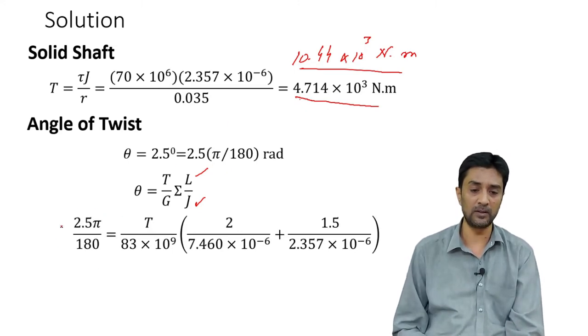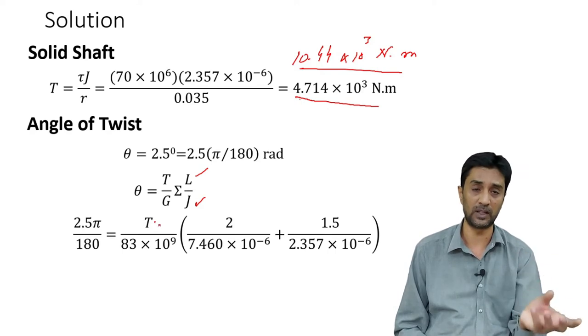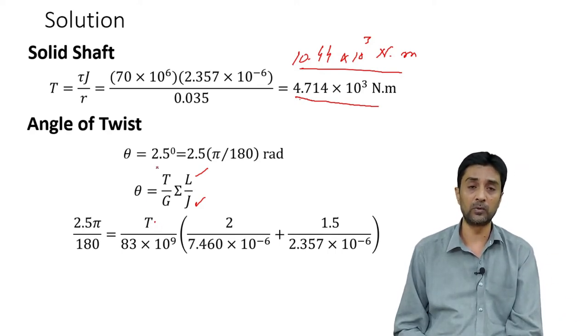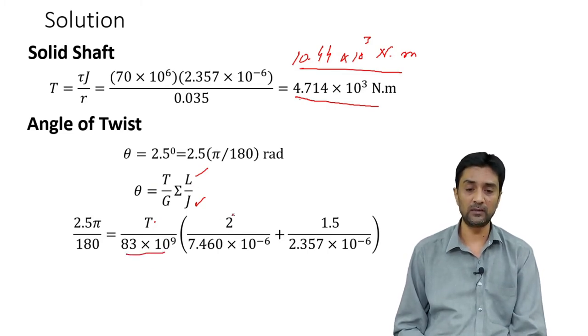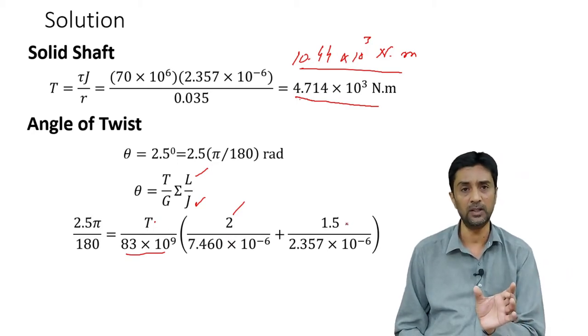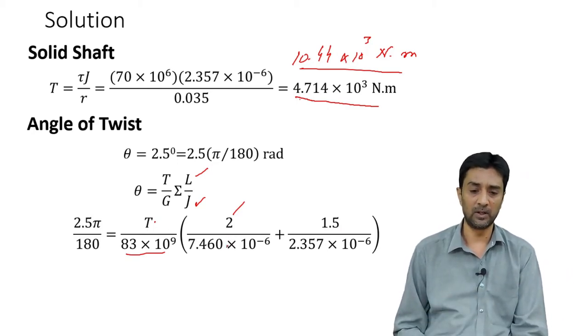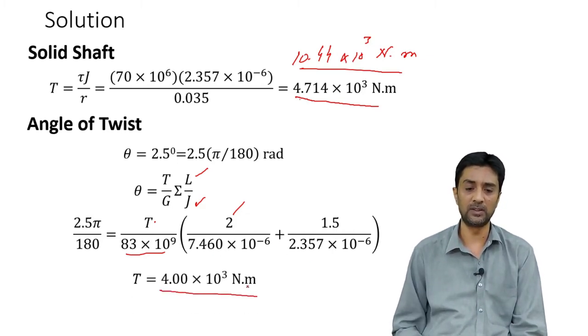So this is the angle of twist, and this is the torque that we don't know right now, because angle of twist के लिए that's what we are trying to calculate कि what amount of torque we can apply to limit the angle of twist to be 2.5 degree on a length of 3.5 meter, and G was already given to us. So length 2 meter I think for the hollow segment and 1.5 meter for this solid segment. So putting in all the values, you will get a torque of 4 into 10 raised to the power 3 Newton meter. So you have three values of torque.